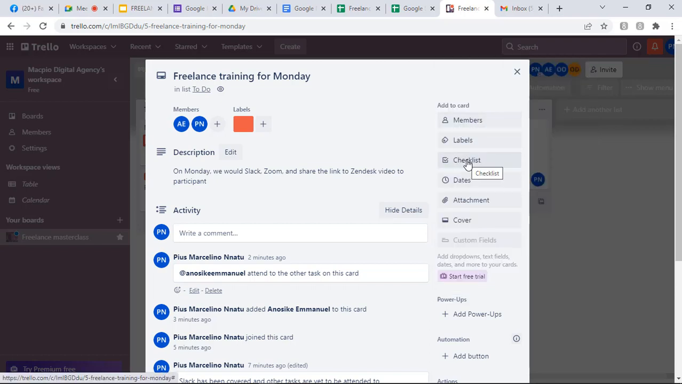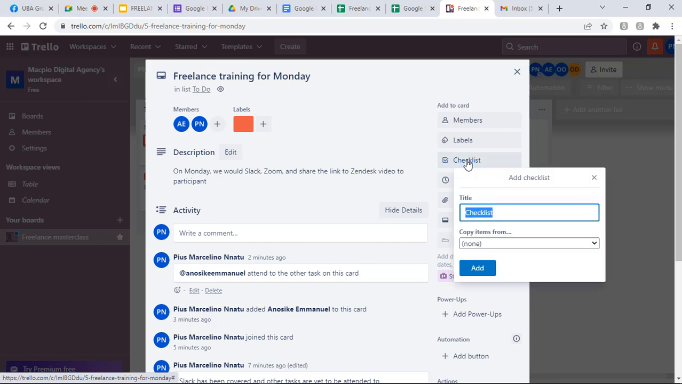Checklist is like what we just saw on Google Forms, but in a different format. For tasks, you can assign a checklist. Checklist on Trello will determine what your progress is on a particular card. You can give a checklist a name. Say